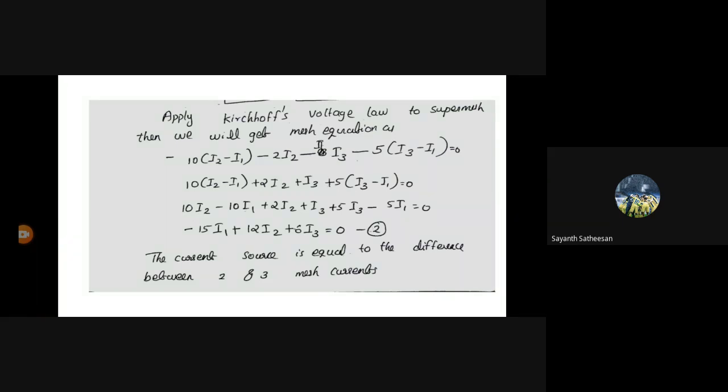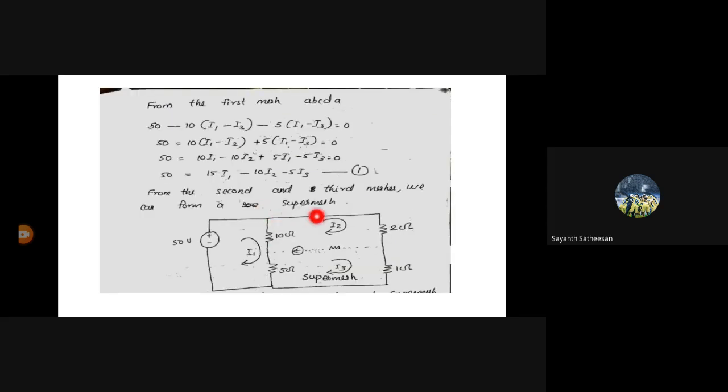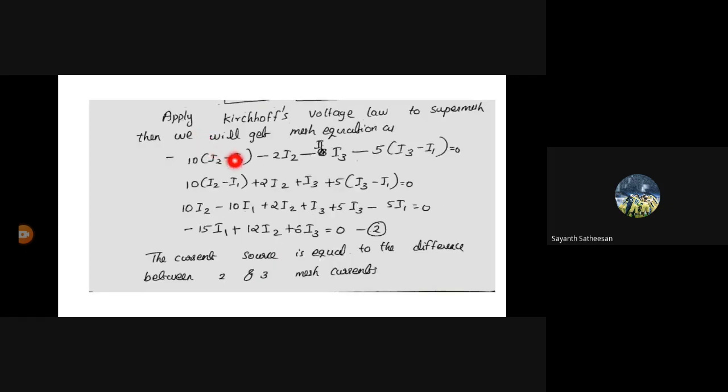So I am writing the equation in this manner. First resistance is 10 and the current will be flowing in this. I am assuming that total super mesh current will be flowing in this clockwise direction. So through the 10 ohm, what is the voltage drop? 10 into I2 minus I1. Actually, I am assuming that the current will flow from higher potential to lower potential, so current will be flowing to the negative side. So I am taking minus 10 into I2 minus I1.